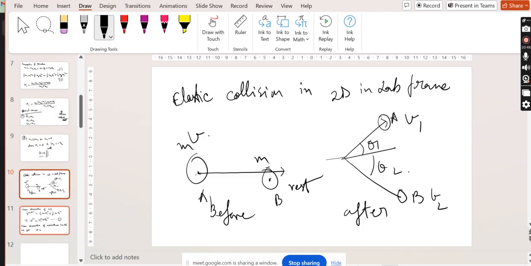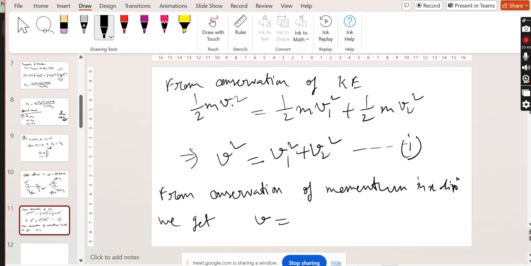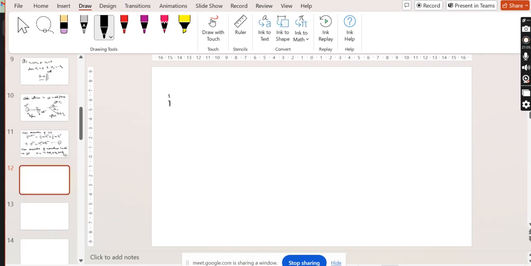V was in that direction, so there is no different x and y component for V there. So that is V equals V1 cos theta 1 plus V2 cos theta 2. This is equation 2. And in y direction,